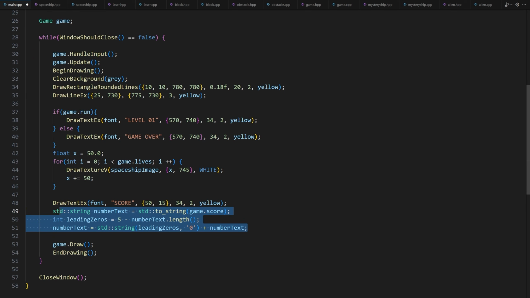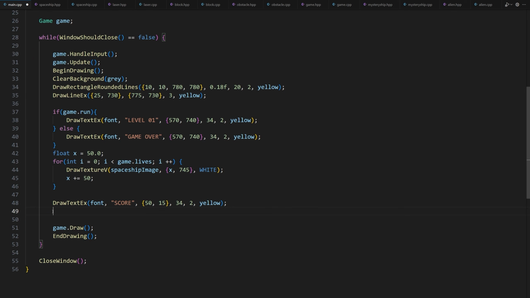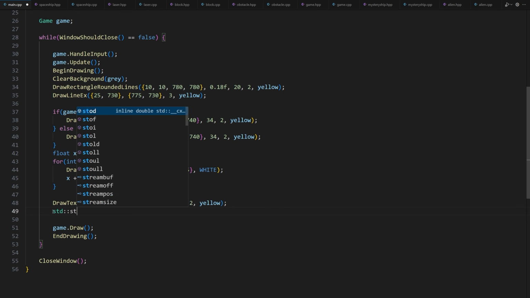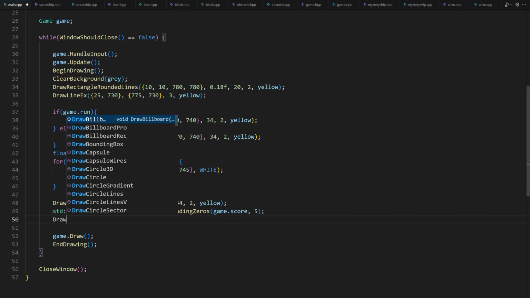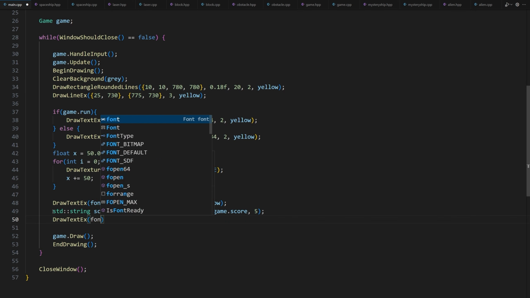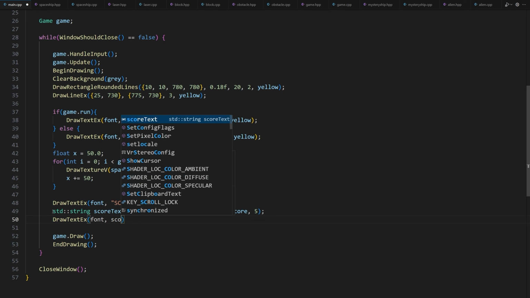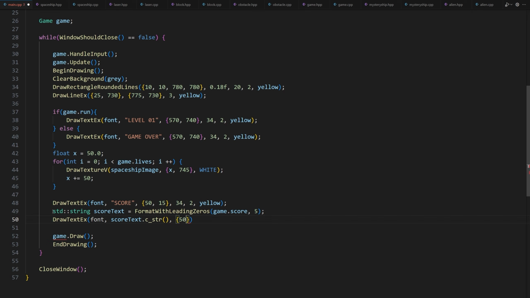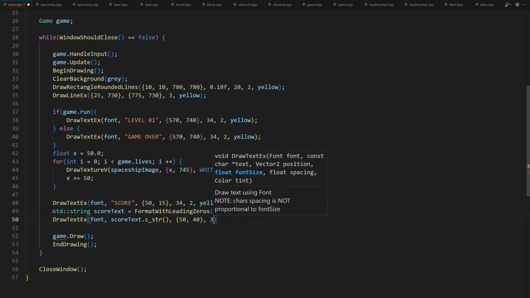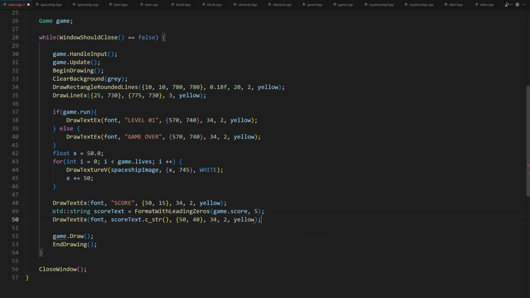Inside the game loop we create a new score text string. std::string scoreText = FormatWithLeadingZeros(game.score, 5). Now we can call the drawTextEx function of Raylib to draw the string. DrawTextEx(font, scoreText.c_str(), {50, 40}, 34, 2, yellow).